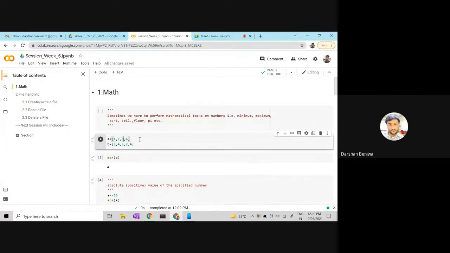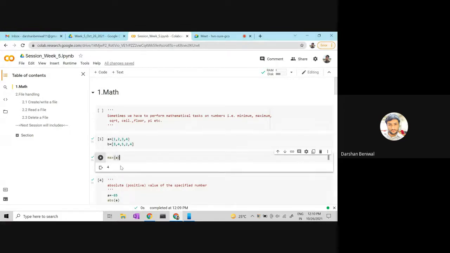So now, let me repeat again. Let's say I define lists A and B, and our aim is to find the max value of a given list. Then we just use max of A, and it will give the maximum value of the given list.